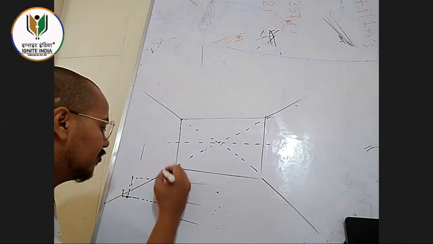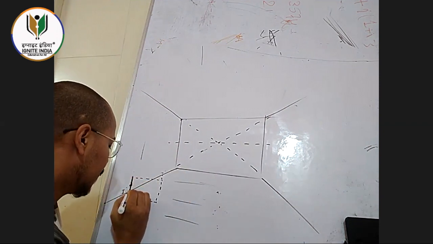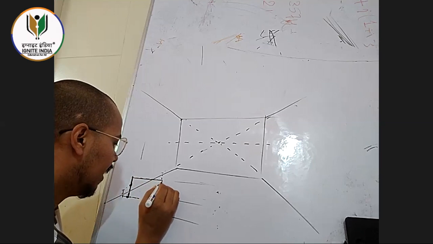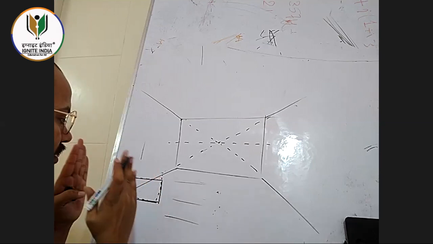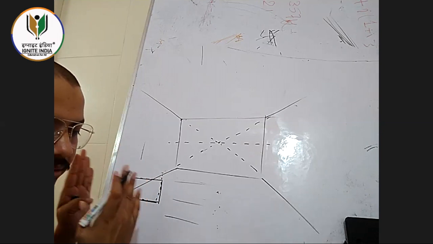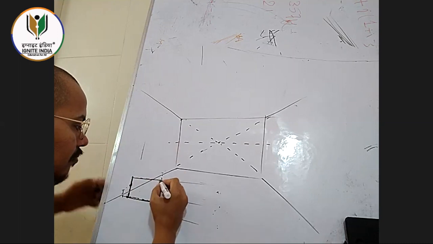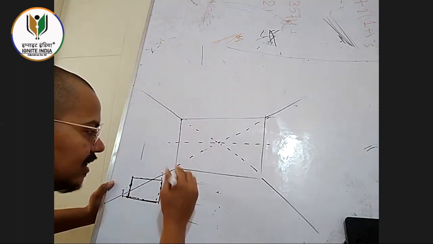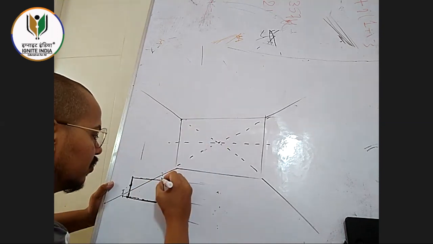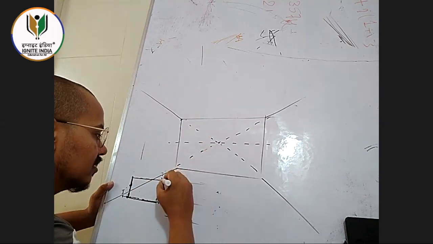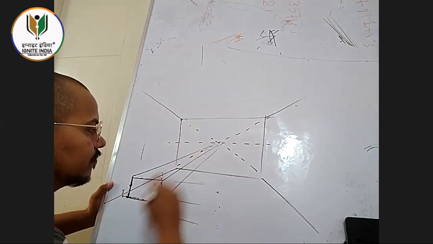All right. Now from here, we just discussed that width and length are not going to create distance. They are not creating distance, so they are going to be static, a cuboid, a rectangle or a square. But length is creating distance, and if this is creating distance, then it will go to the vanishing point. We already have the vanishing point. Go like that, go like that, go like that.